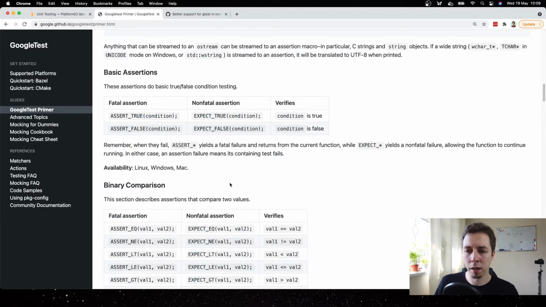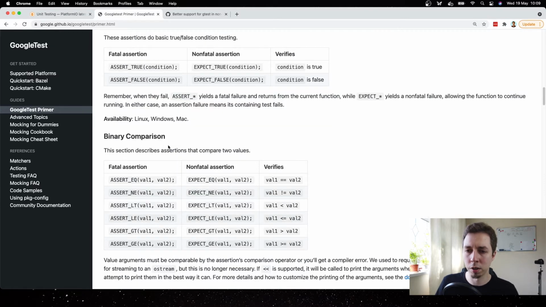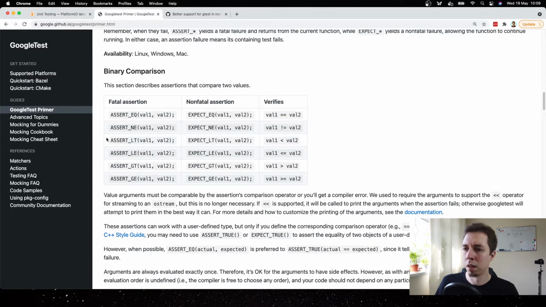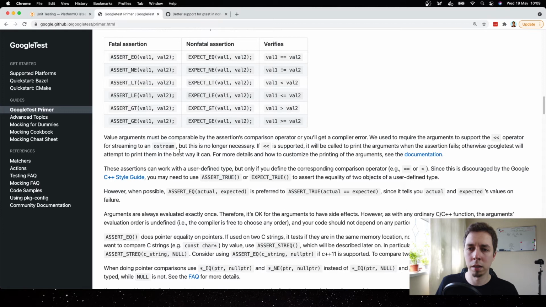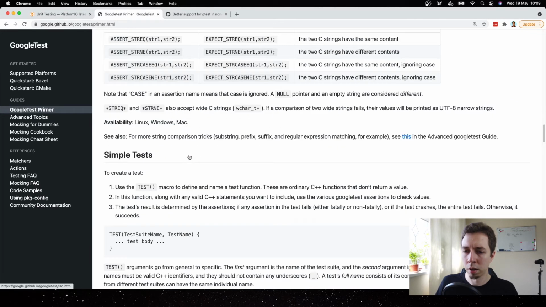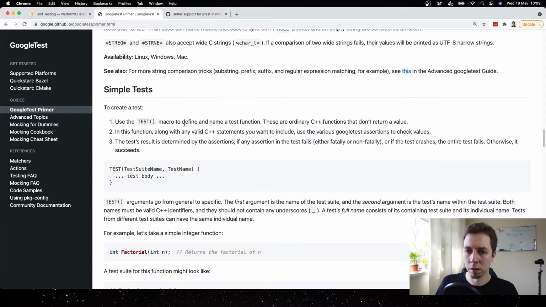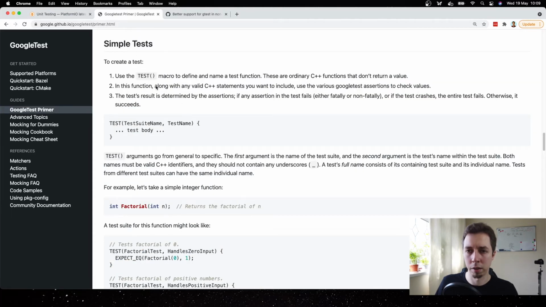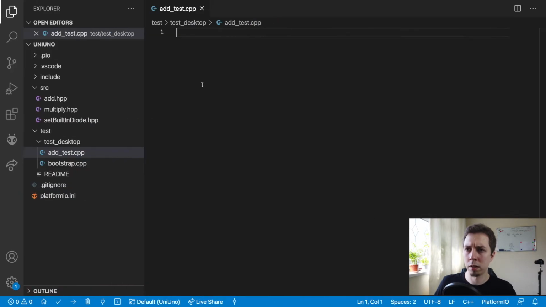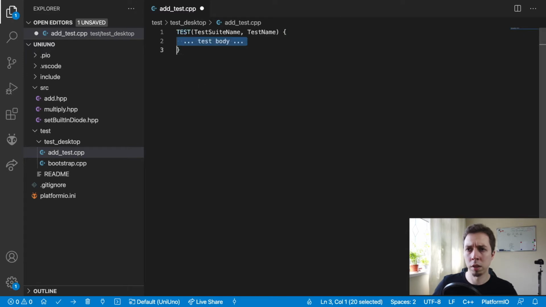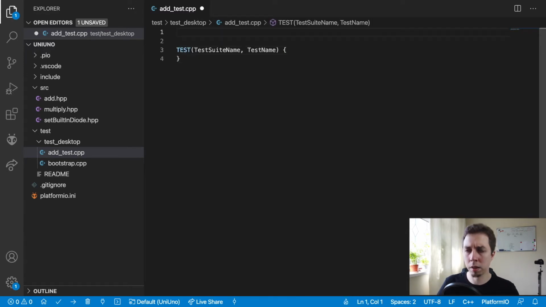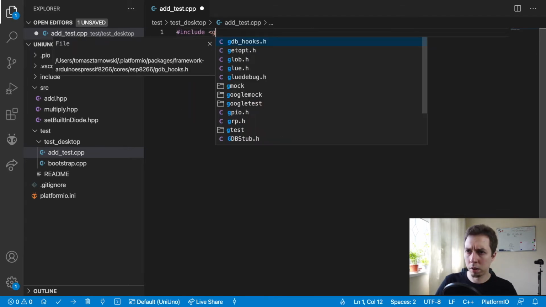Okay, you still have the assertion macros, as you can see here, right? You have things like assert true, assert false, assert equals, not equal. This one is less than, less equal, greater than, greater equal, and so on. Okay, but there is more. You can compare strings. And this is how you define tests, essentially, okay? So let me actually copy this and paste in here. Obviously, the test body needs to be replaced with whatever we wanna test, and also we need to